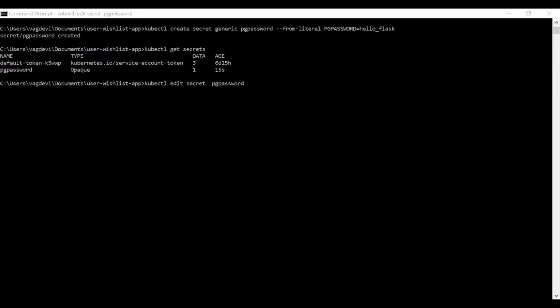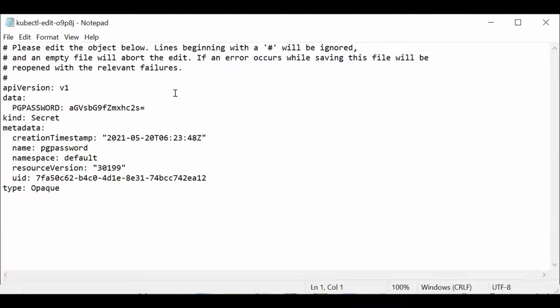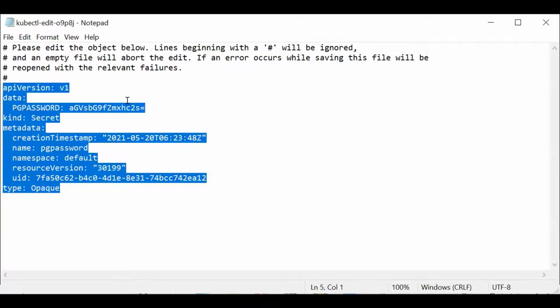If you hit enter, you will see Notepad opening like this, right? When we used the kubectl create command, it internally followed some protocols and created the secret for us. And this is what the secret actually looks like after it is created.